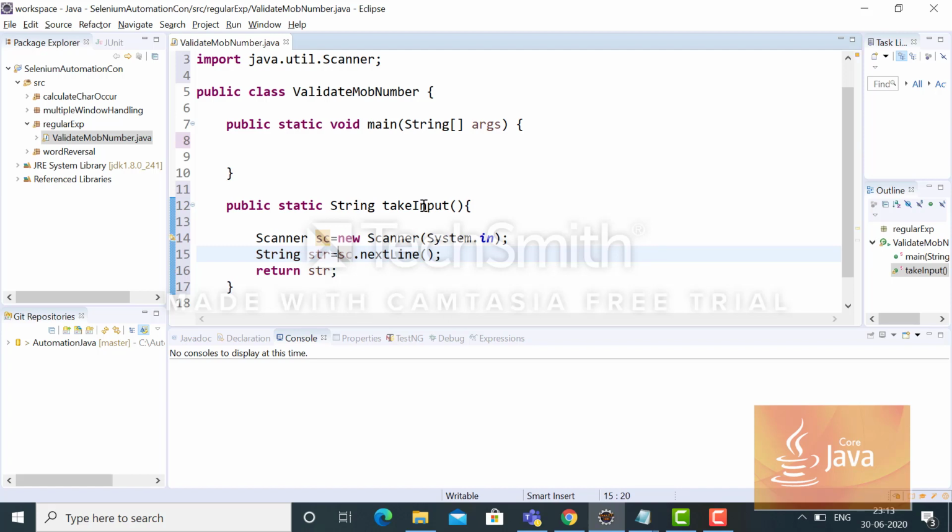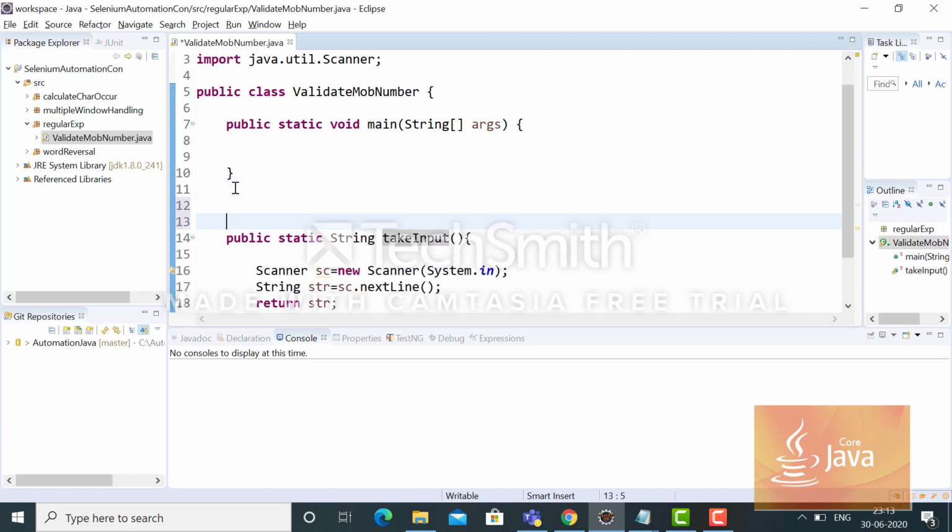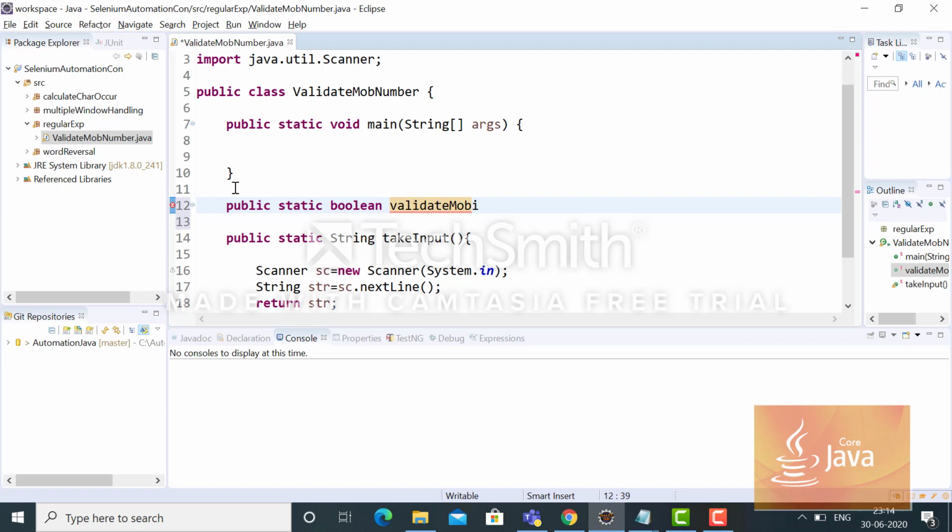Now I will have another function where I will implement the mobile number validation logic. Public static validate number.